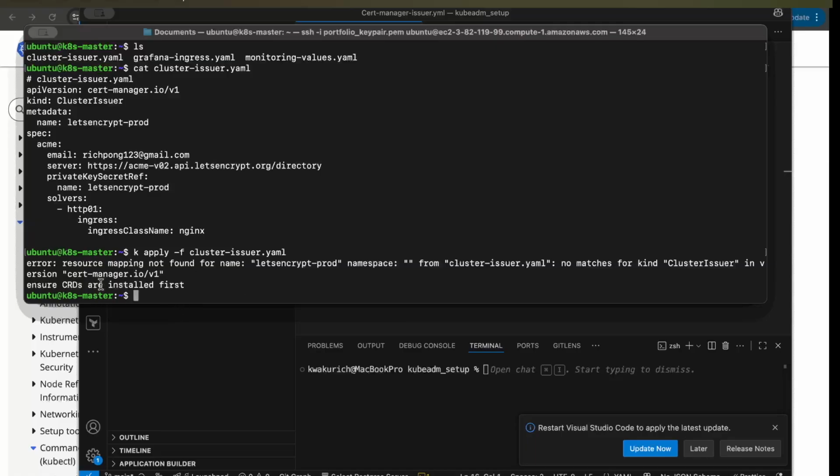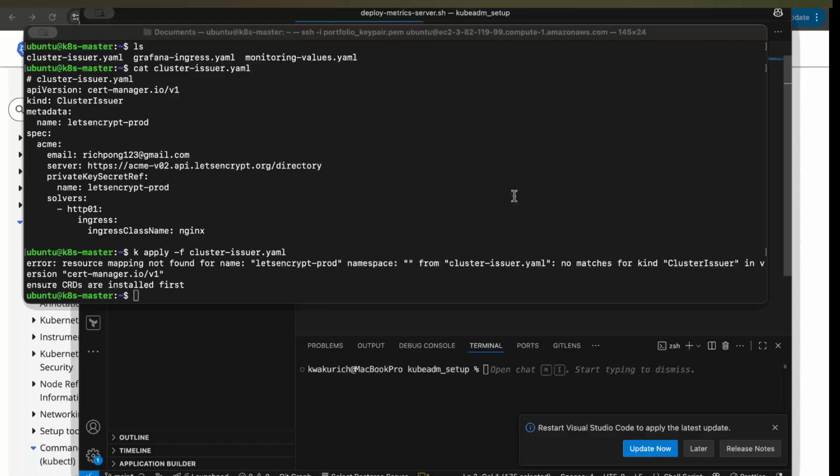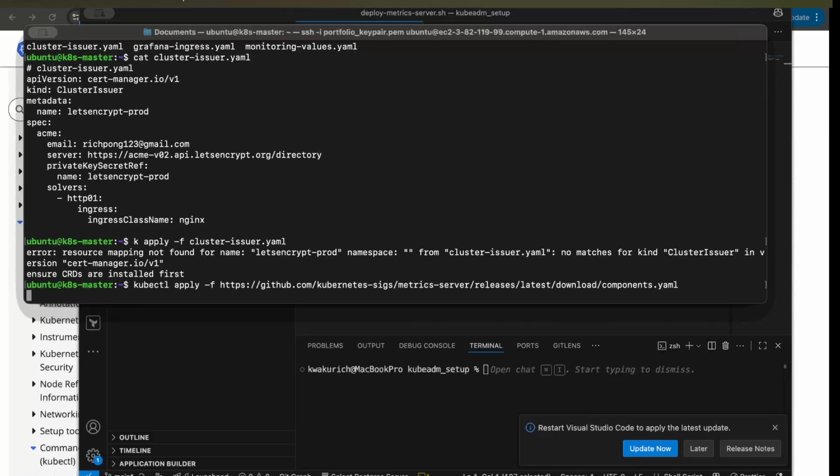So first of all, we need to ensure we have installed the CRDs. Okay, so we need to ensure that we have monitoring metrics on our system. Before we forgot that step, so we have a monitoring metrics. So change host name issuer, deploy a metric server. Yes, so now we deploy a metric server by running this command. So install the metric server,